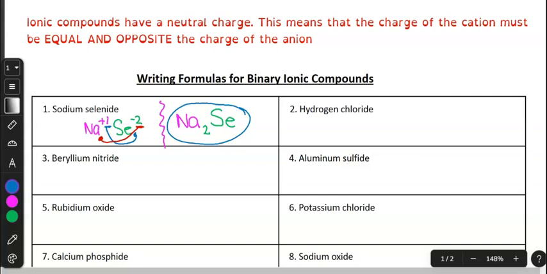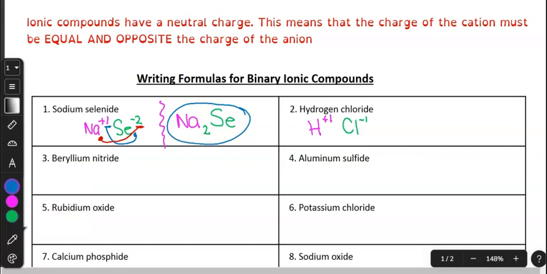Okay, let's try another one. And I'm just going to keep on using pink and green, pink for my cations and green for my anions. So hydrogen is H. It has a charge of +1. And chloride, that is the anion for chlorine, that is atomic number 17, and its abbreviation is Cl. Now be careful, because that's not Ci, that's a big capital C, lowercase l, and chloride has a charge of